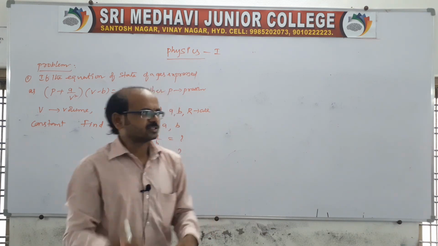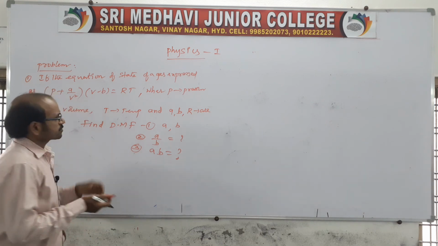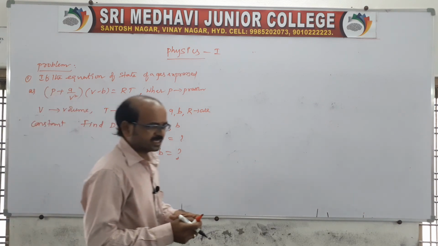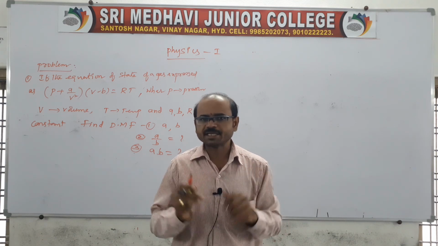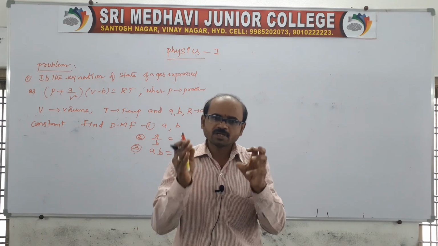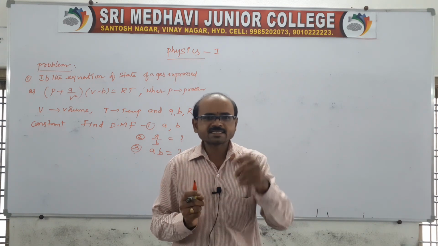Based on the principle of homogeneity, now we have to find the a and b values. Sir, how will we get them? Suppose P is added to a/V². P is one physical quantity, a/V² is another physical quantity. These are to be added. Is it possible to get a value by adding? Not possible. Not only adding, subtracting also will not work. So in the principle of homogeneity, the statement says can be added, can be subtracted, can be equated. By adding you are not getting it, and by subtracting also you will not get it. But the other is there, that is, equated.